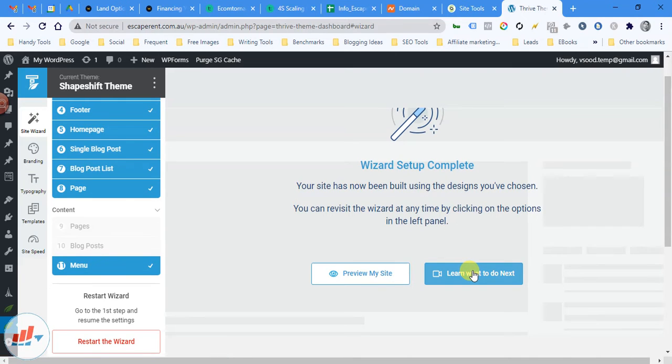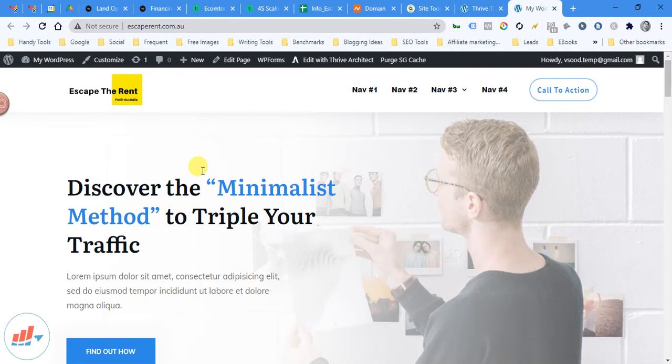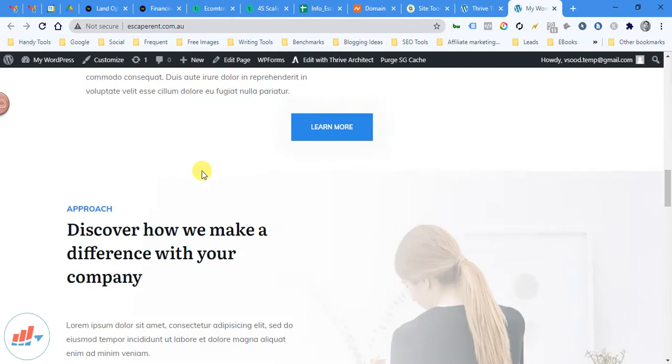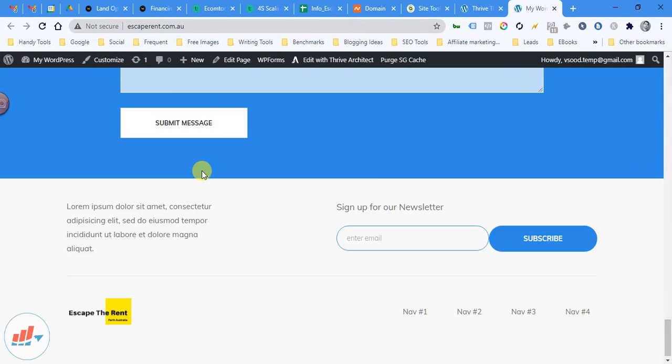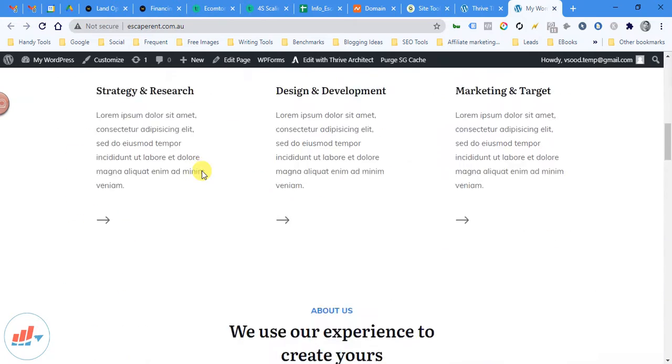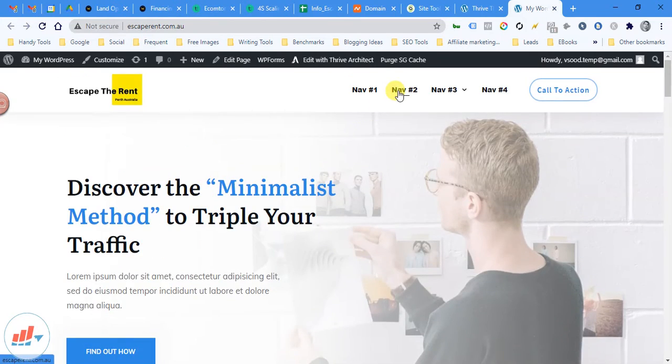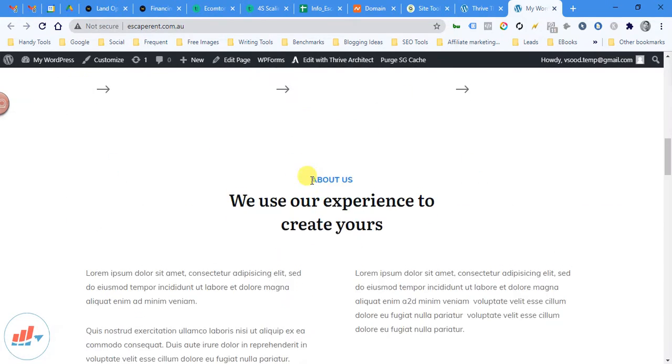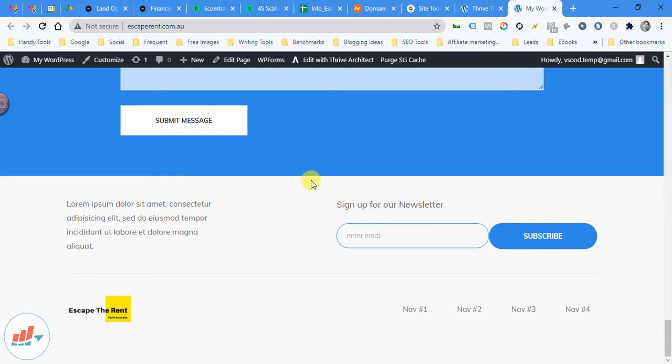Okay, now we can preview the site. This is how the basic site will start looking. Okay, so it's looking nice and clean, right? The different options are there, and we can change the data anytime.